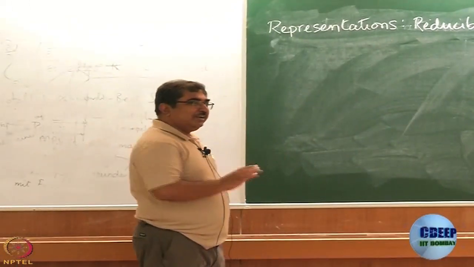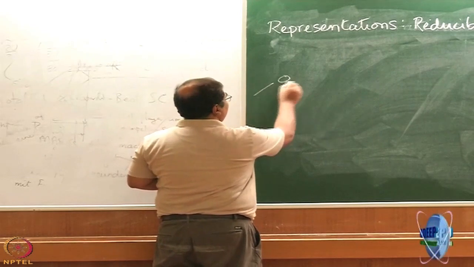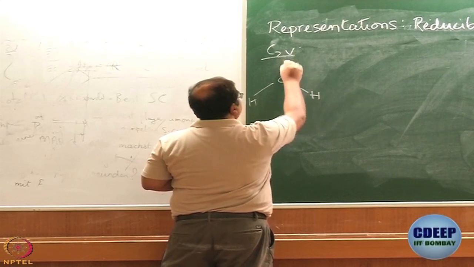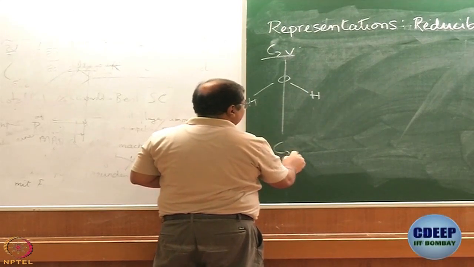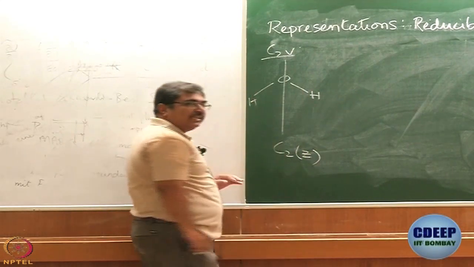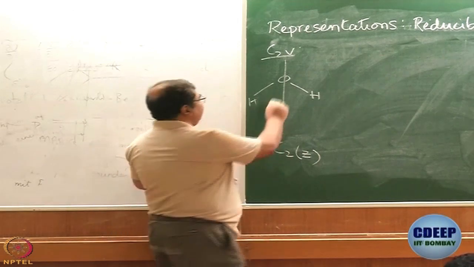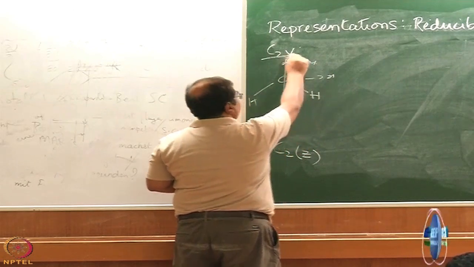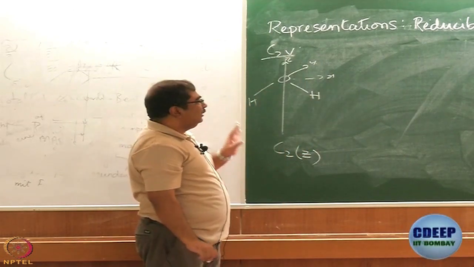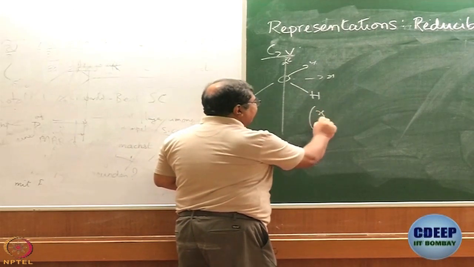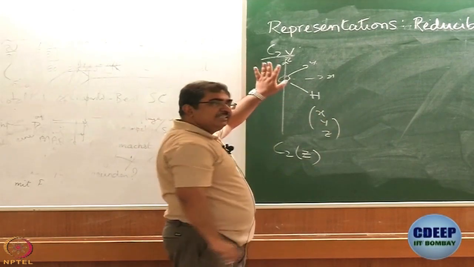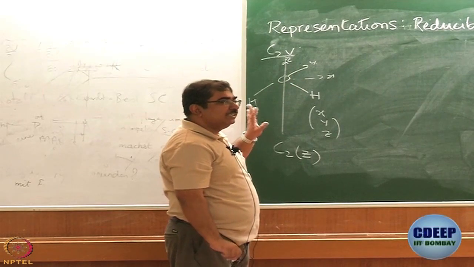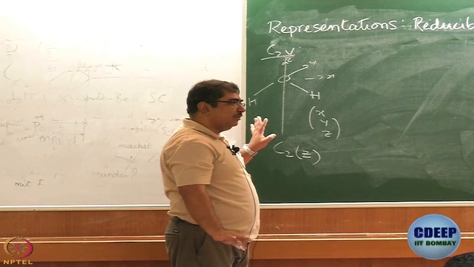Water, C2v molecule, right? I will just draw it once. This is what we are talking about, a C2v molecule. This is your C2 axis. Let us define this as Z. Okay. This here is X, this is Y, this is Z. What we will do is use the basis X, Y, Z for this system, and we will see what kind of transformation matrices we get. Alright, so far so good.